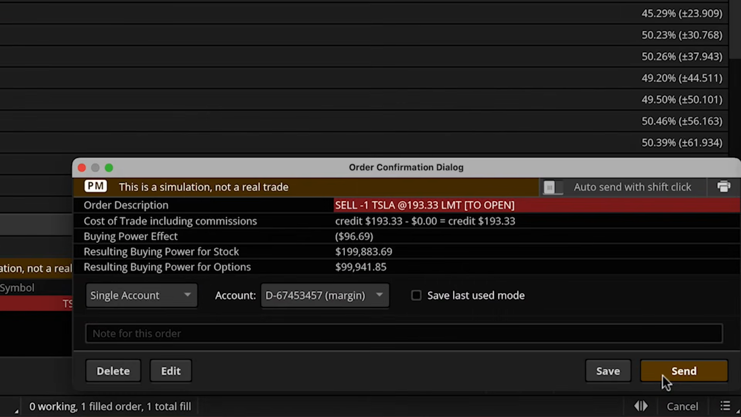The order confirmation dialog box gives me the order description to review. It shows that if I'm filled at the limit price, I'll receive a credit of $193.33 to my account. Despite the credit for the trade, notice that the trade decreases the buying power because half the cost of the trade is frozen for margin. So if I was hoping to use the credit to place a different trade, I'm limited to how much of